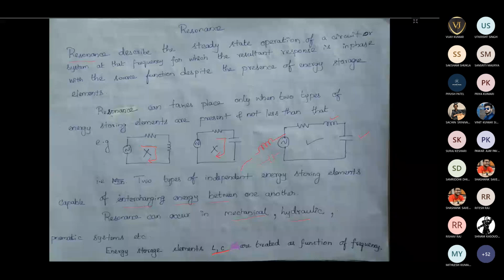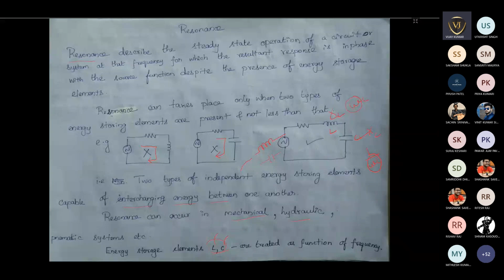Both are behaving based on the frequency. Okay, the L value and C value are constant. You understand, for any circuit, the L value and C value are constant. The only variable between these two, when you are talking in AC circuits, you are having XL and XC. XL is nothing but omega L, XC is nothing but 1 by omega C. So here you are having another parameter, that is omega, that is the variable part, where L and C are fixed.